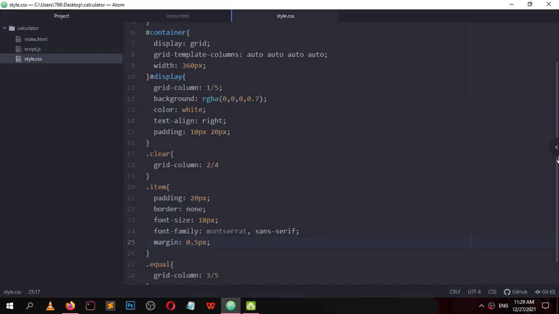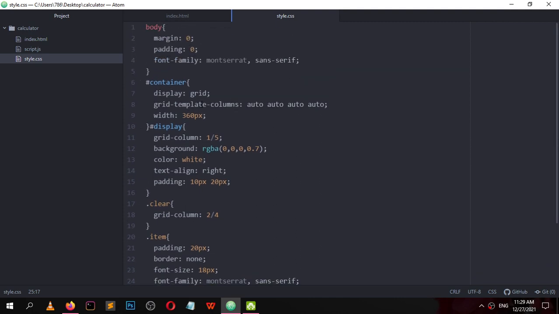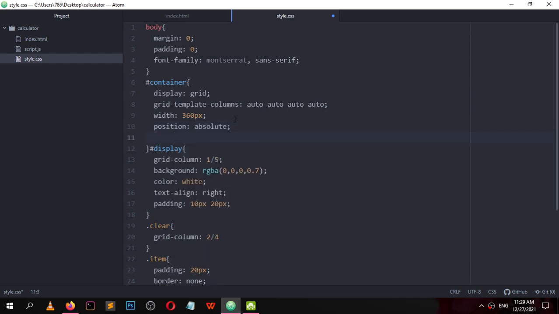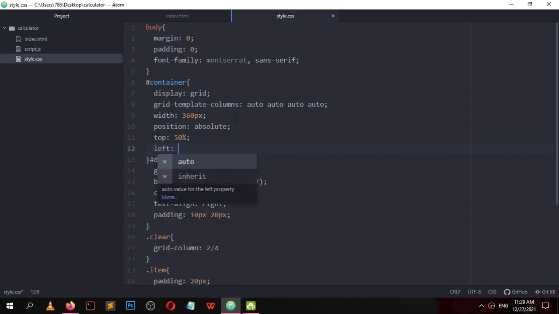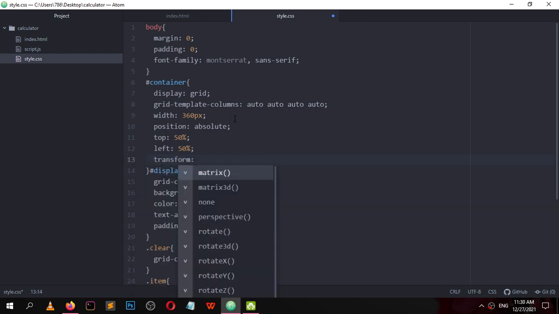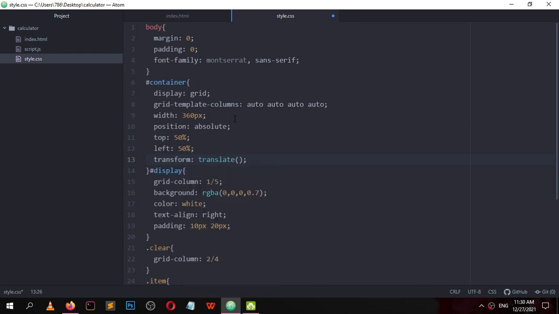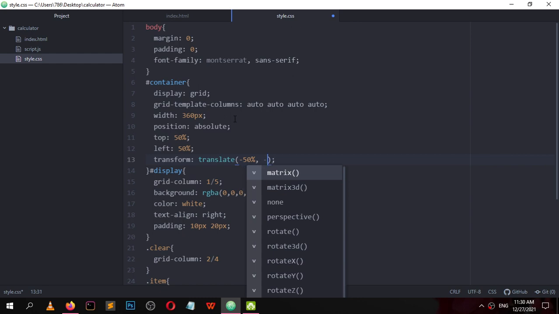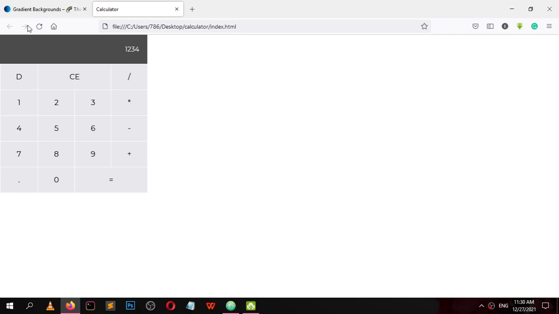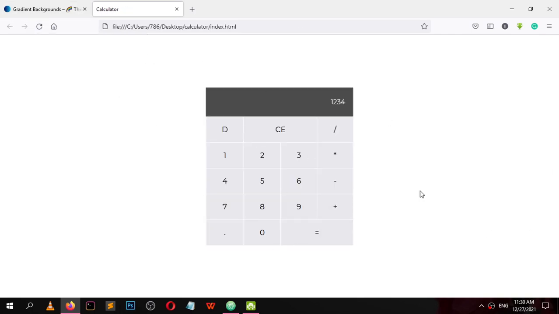So what we can do is change the position to absolute, top 50%, left 50%, transform translate -50% and -50%. It takes the element to the middle of the screen.